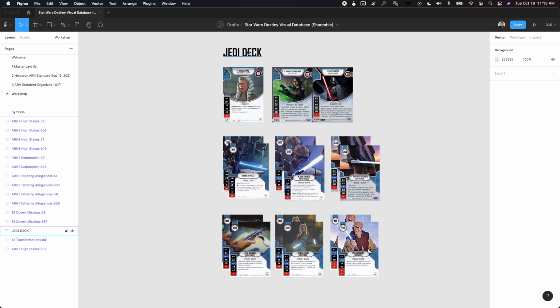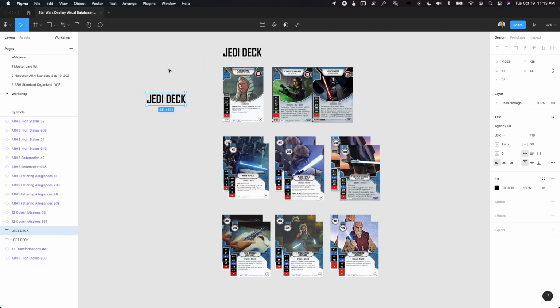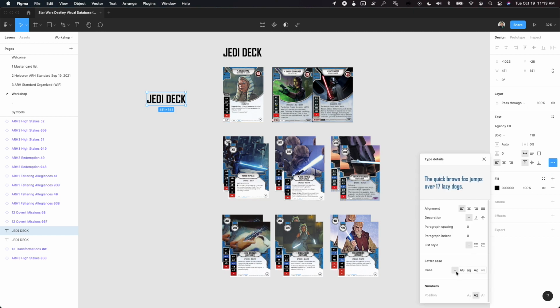One thing I like to do too is I like to come in here. Oh, and if you have a thing and it's all caps you don't want it to be, you can go to the text properties area, you can hit the thing. This is turning into a Figma tutorial. Oh, okay, looks like I have my caps lock on. Cool. Never mind. So I can be like, I don't know, runner-ups or